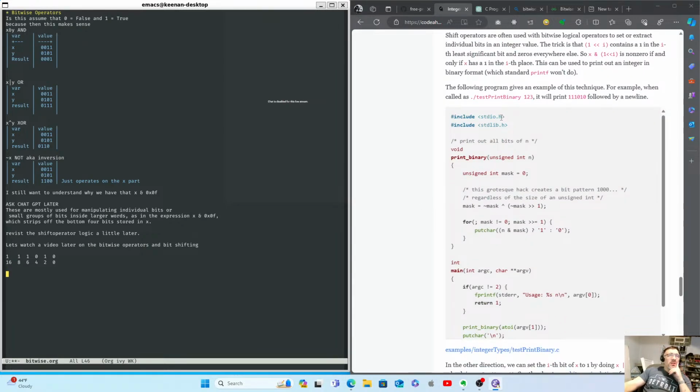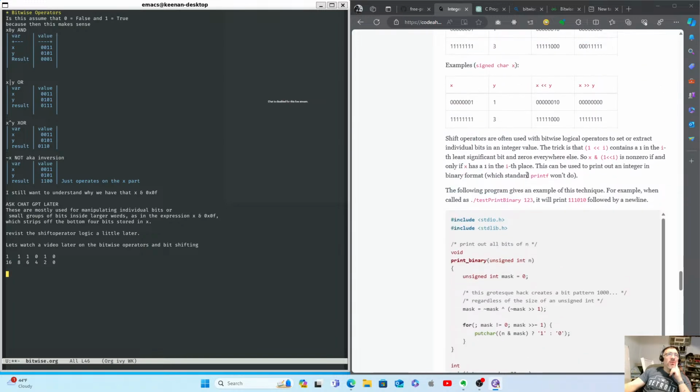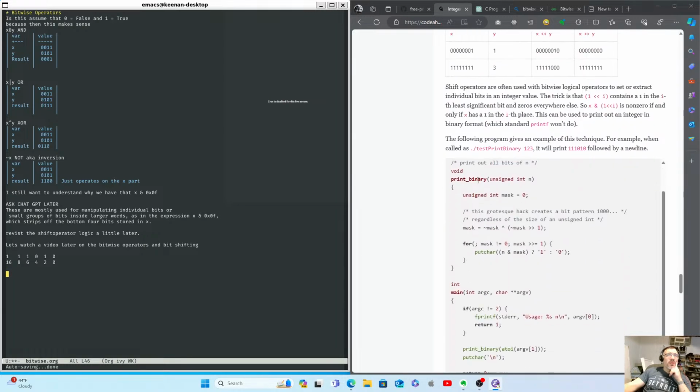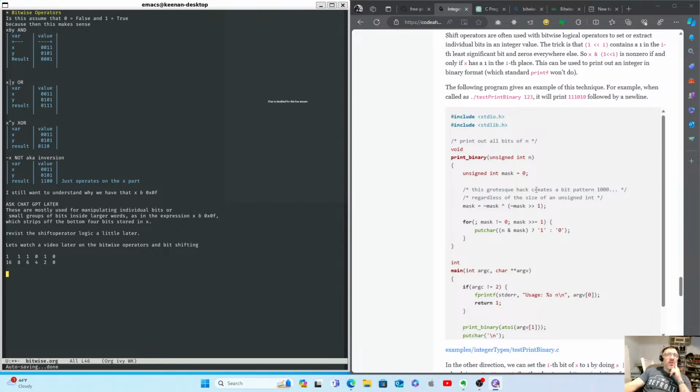Include standard. Print out all bits of n. Void print binary unsigned int n. Unsigned int mask equals 0. This grotesque hack creates a bit pattern 1000, regardless of the size of an unsigned int. Mask equals not mask XOR not mask shifted